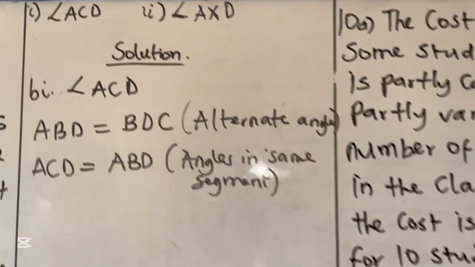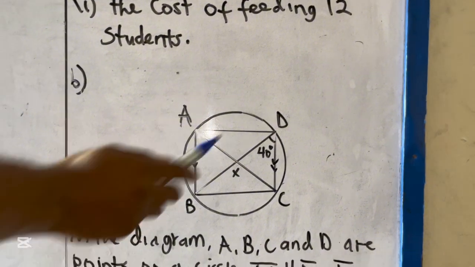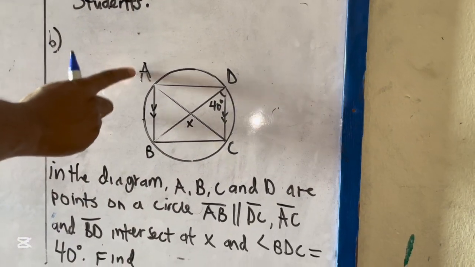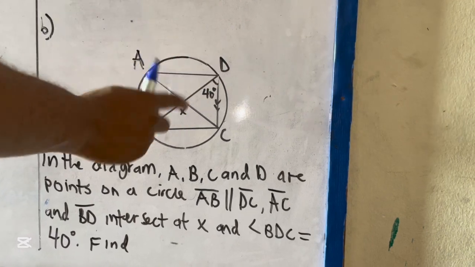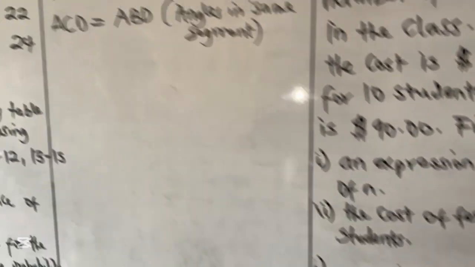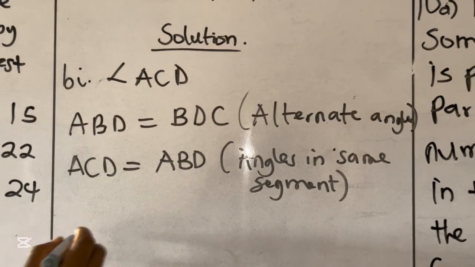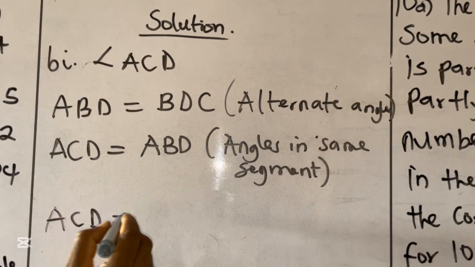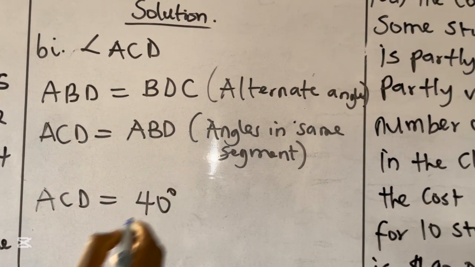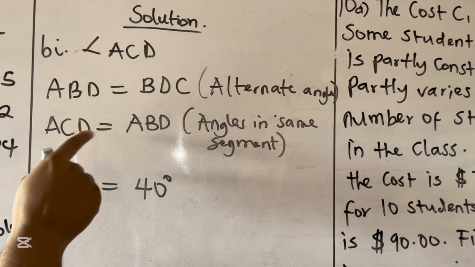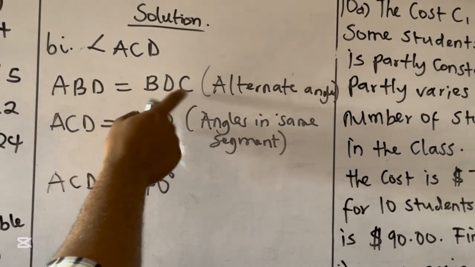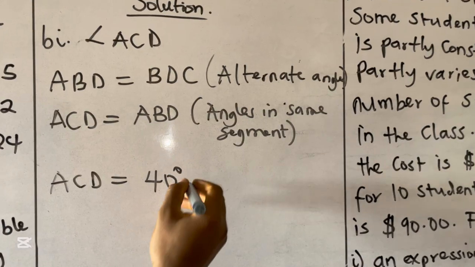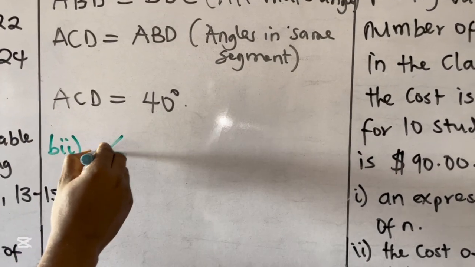That is why ACD is equal to ABD. They are angles in the same segment. It therefore means that ACD is equal to 40 degrees, since ABD is the same thing as BDC. So we have that ACD is equal to 40 degrees. Alright, the next one we have to find angle